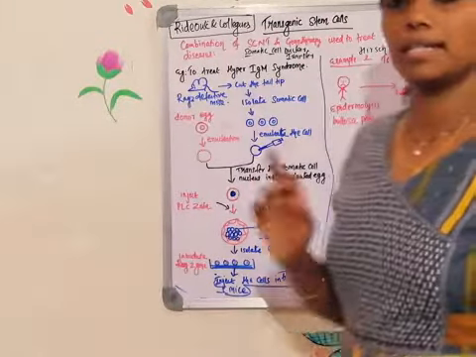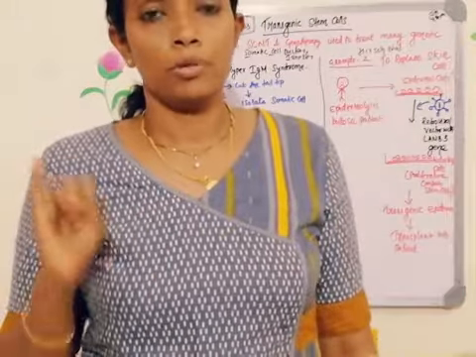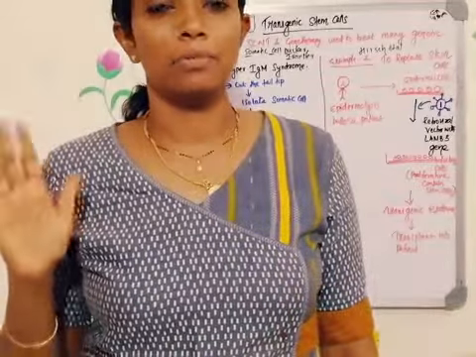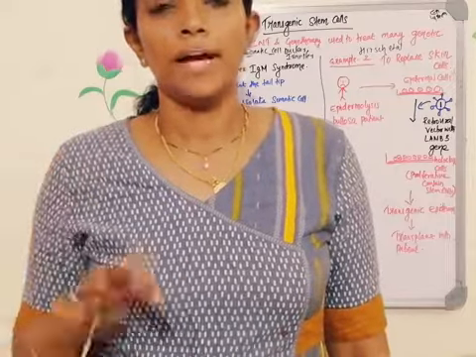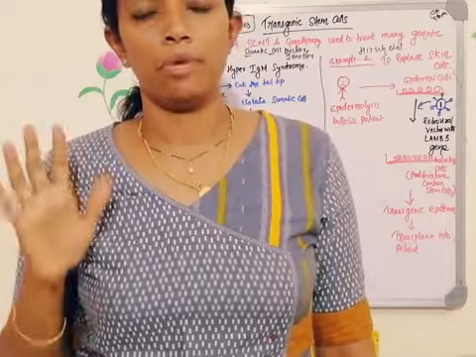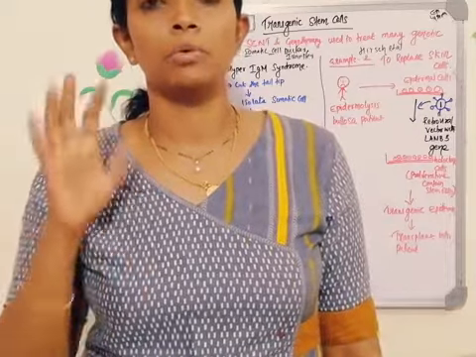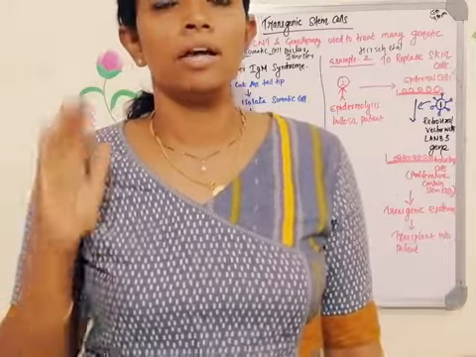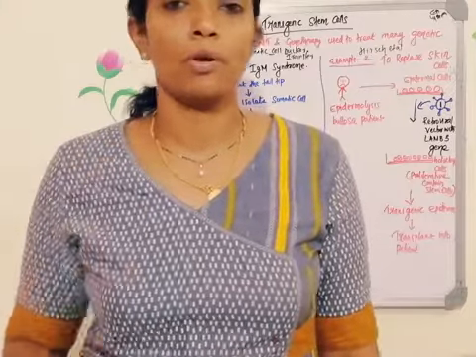What is IgM? It's a type of immunoglobulin. There are 5 different types of immunoglobulin: immunoglobulin G, immunoglobulin A, immunoglobulin M, immunoglobulin E and immunoglobulin D. Out of that, this particular condition, genetic disorder, is called hyper IgM. What do you mean by hyper IgM syndrome? In that particular patient only IgM, immunoglobulin M, will be synthesized in excess amount, whereas the synthesis of the other 4 immunoglobulins will not be happening.